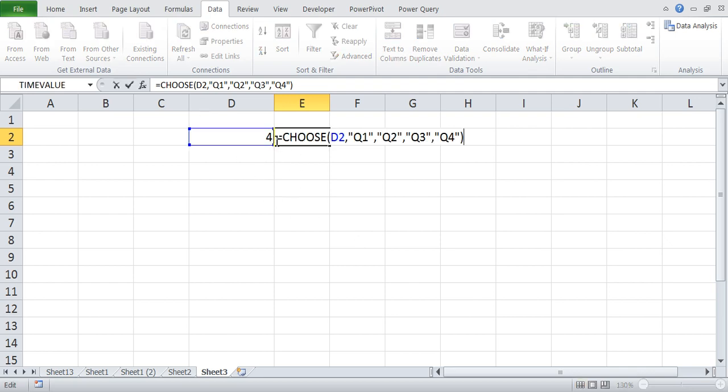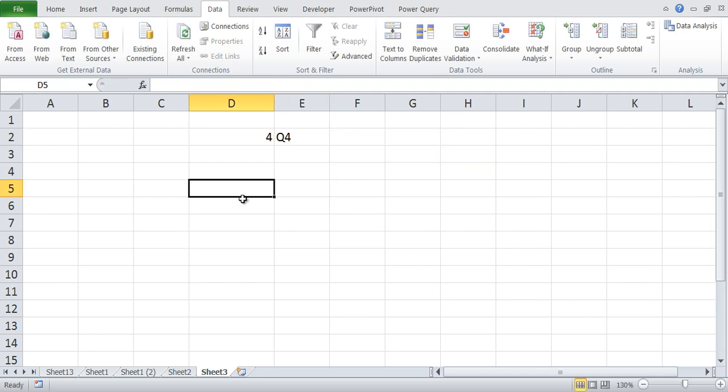I have a very interesting data over here, and we'll see how we can use the CHOOSE function. Let's say we want to write a date, 2nd February 2019. I know that it is falling in February, but I want to know in which quarter it is falling.